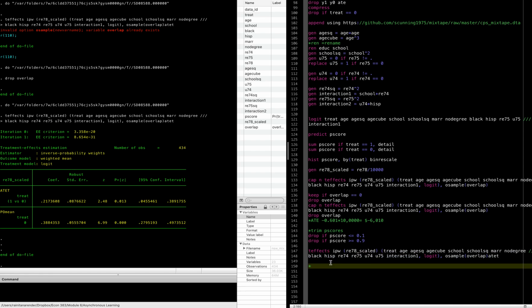So when we're looking at propensity scores within that range, where the probability of being treated is bounded, it has to be greater than or equal to 0.1, less than or equal to 0.9, then our average treatment effect on the treated is 0.217, and remember we have to multiply that, so 174, we have to multiply that by 10,000, and so